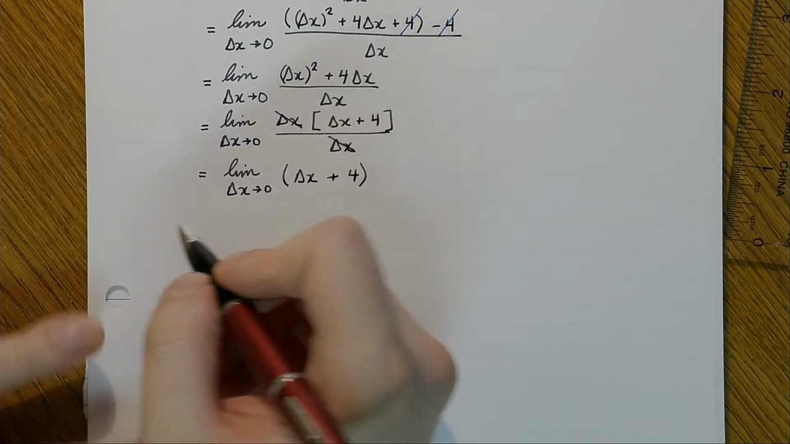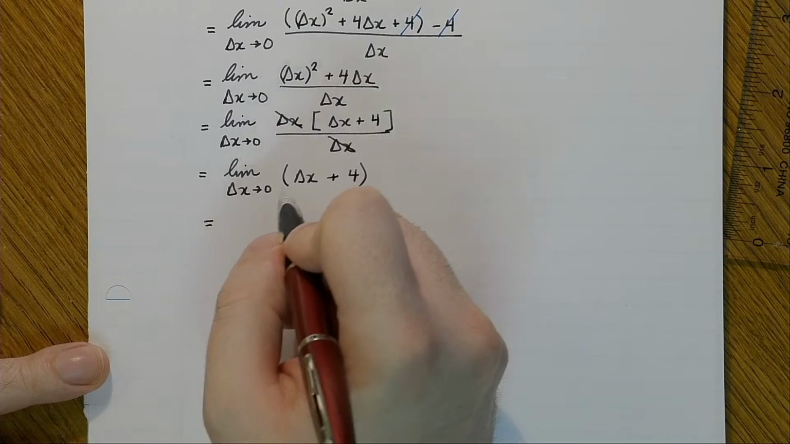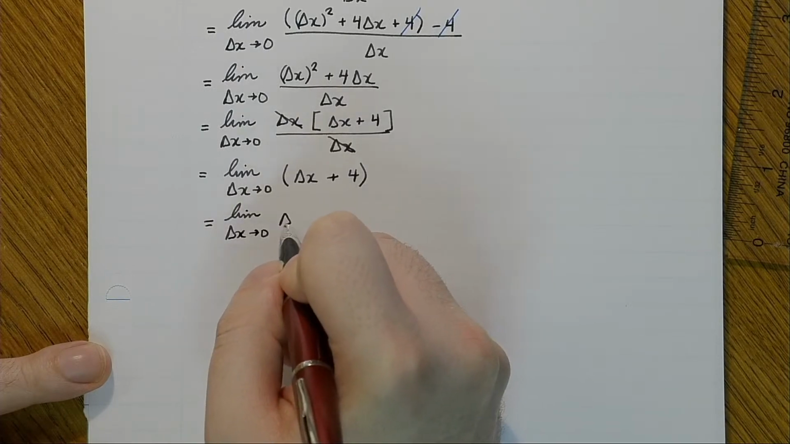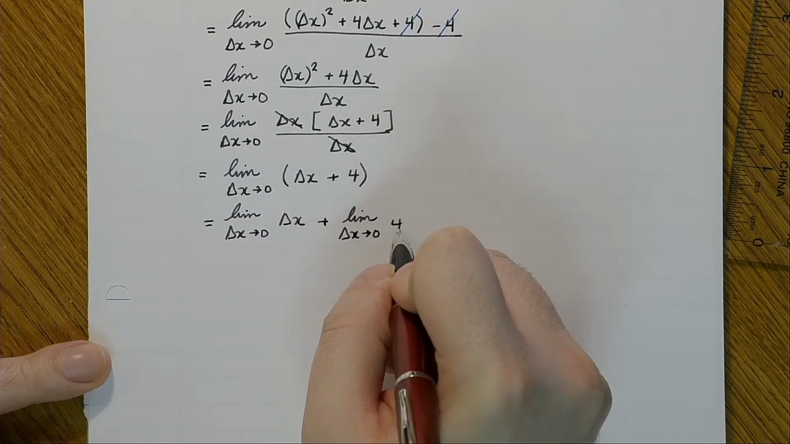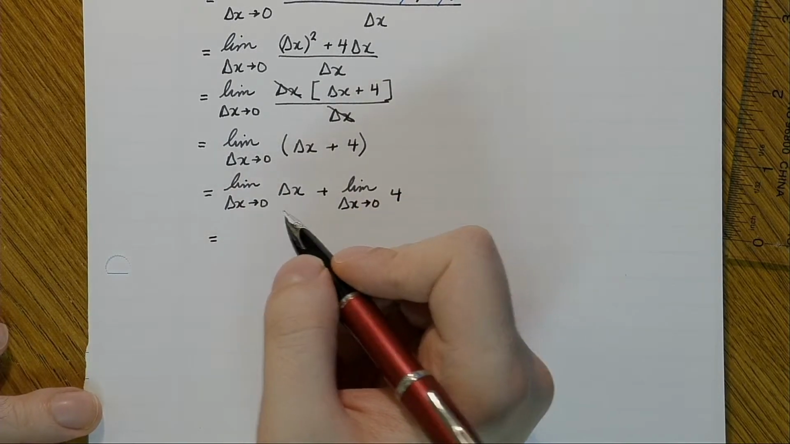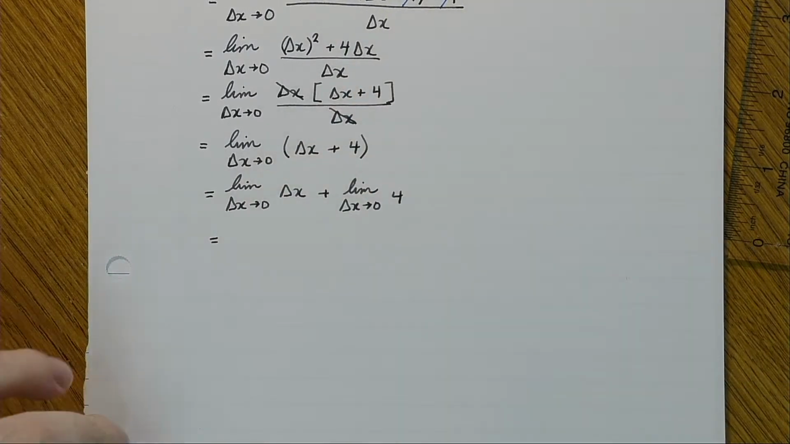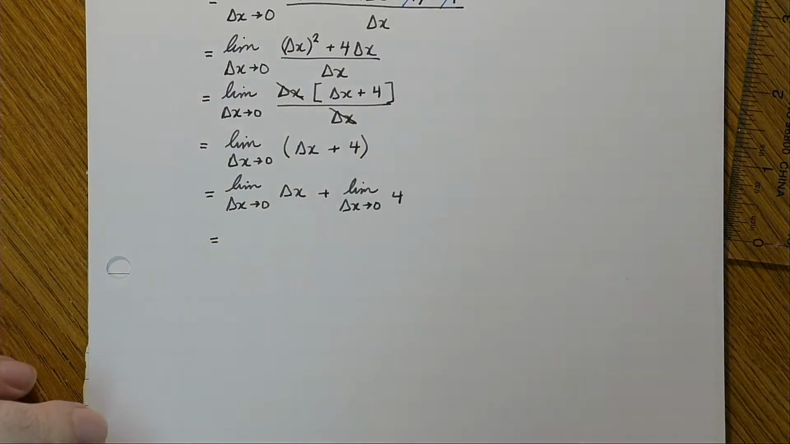Okay, so I'm almost done. Now this is where I can actually apply my rules. What I can do now is, this is a sum, so I can do the limit as delta x goes to 0 of delta x plus the limit as delta x goes to 0 of 4. In this case now, I can actually substitute in this value. So you can think of that as a variable, or you can think of it as a variable like this, our constant rule here. Or sorry, no, actually that's our,